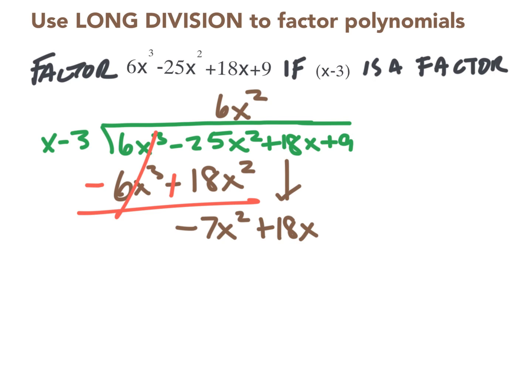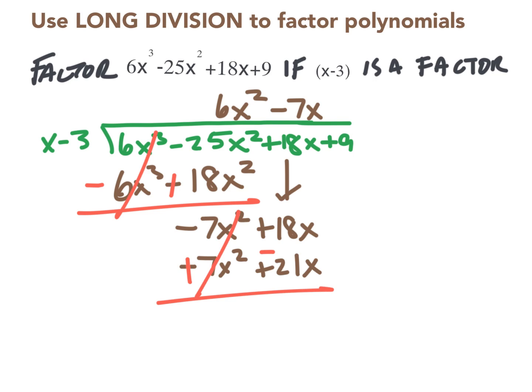So keep going. To turn x into negative 7x squared, you'd have to multiply by negative 7x. So multiply both of those things, negative 7x squared plus 21x, change the signs and add, and we're at negative